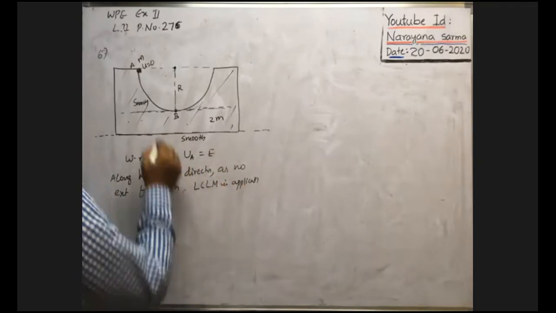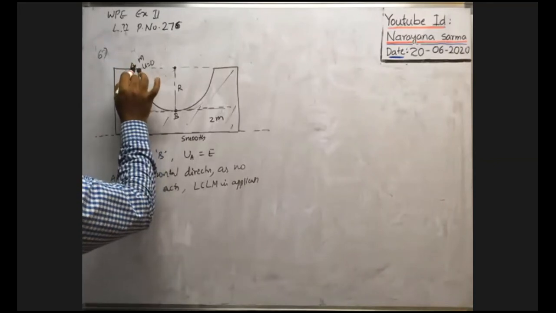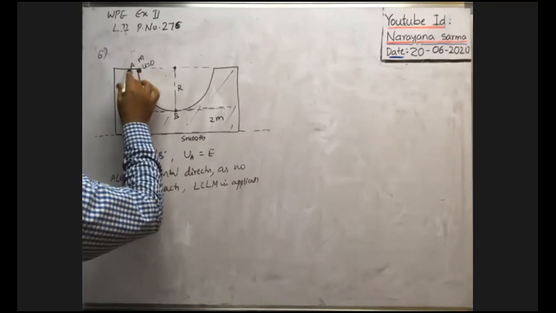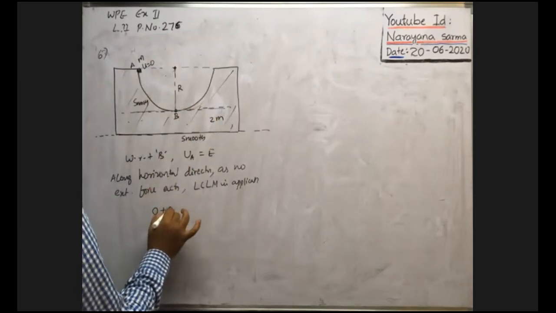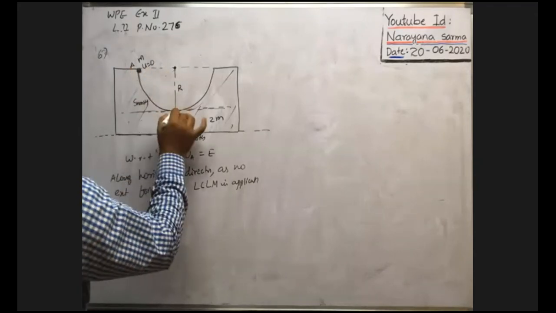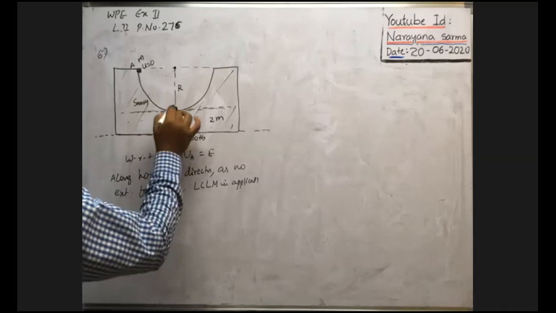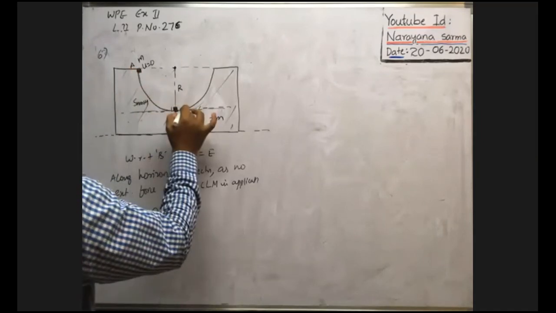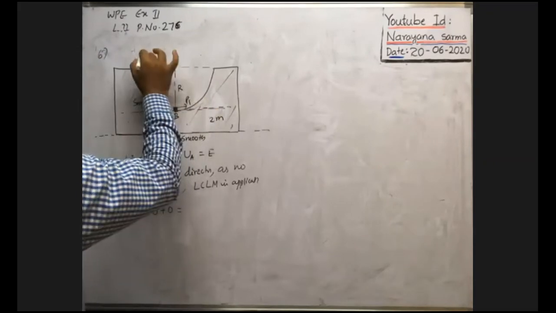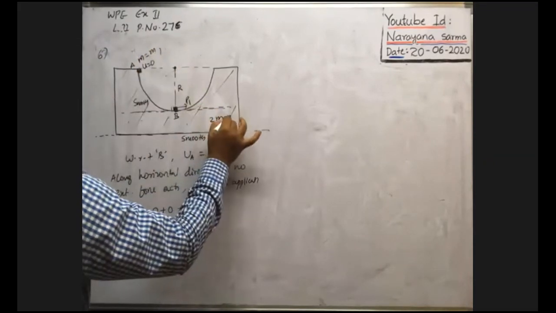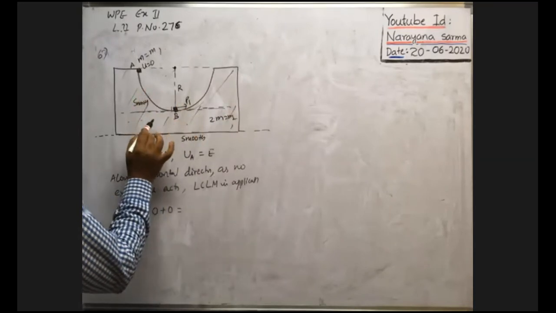So initially, just before we drop this body, its velocity is 0 and the velocity of the wedge is also 0. That's why the initial momentum of the system is 0. But whenever the body comes to this position, as long as the body comes down like this, it acquires some speed, no? That's why it has momentum p1. Here this is m1, this is m2. So momentum p1, and at the same time this wedge will move back.